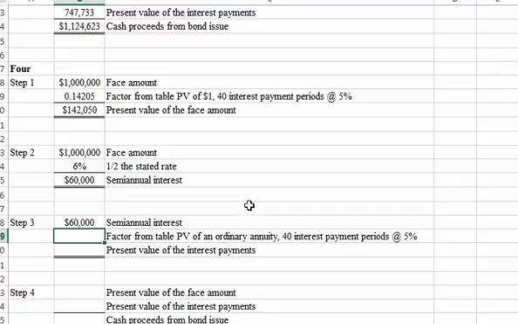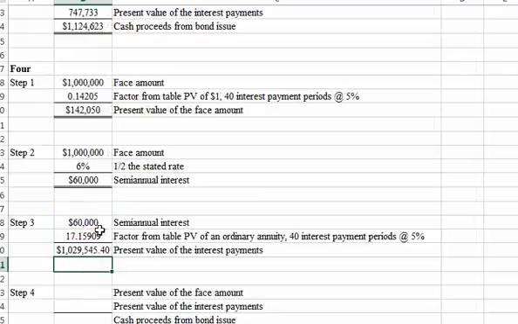You get 17.15909. Okay, now we'll multiply it out. Okay, we get